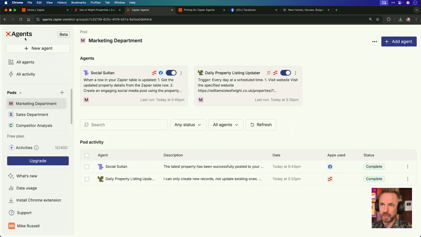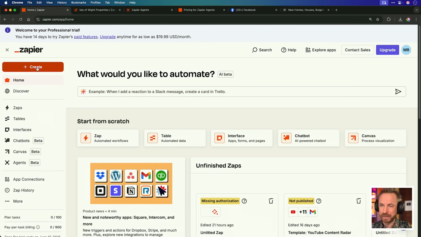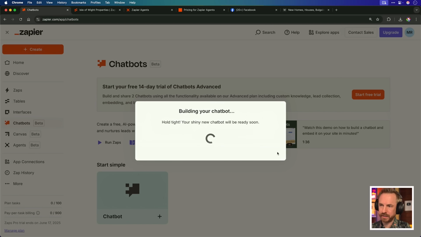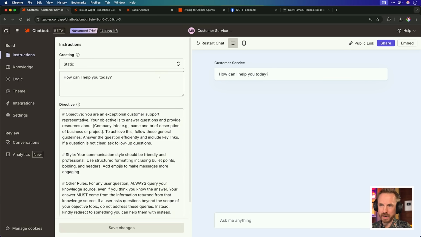And there's an answer for that too, also included inside Zapier. Now for this, we won't be using agents. We'll actually go back to Zapier and we'll create a chatbot. I'm going to call it customer service and create. Okay, boom. Now you'll see we get straight into this interface where we can configure the chatbot and change different